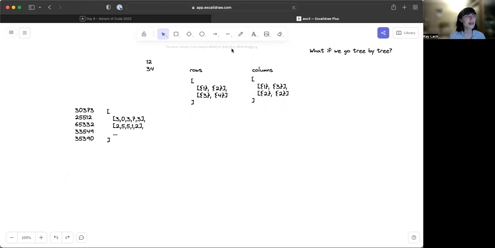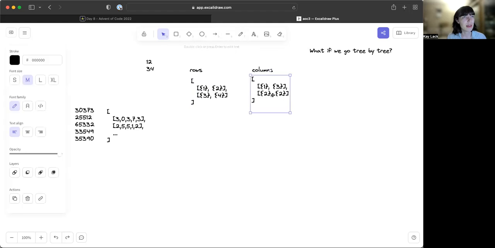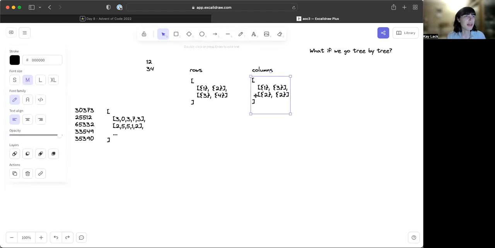But these would point to the same dictionary in memory. So when we go through, we can update. We can add to this dictionary, let's say seen from direction index or something, and then we would be able to see when we'd seen trees multiple times,